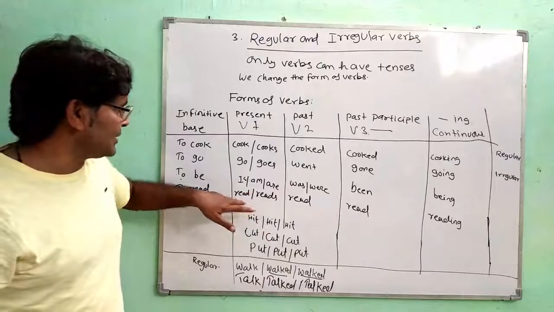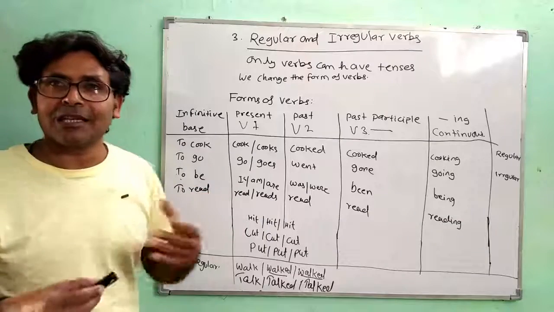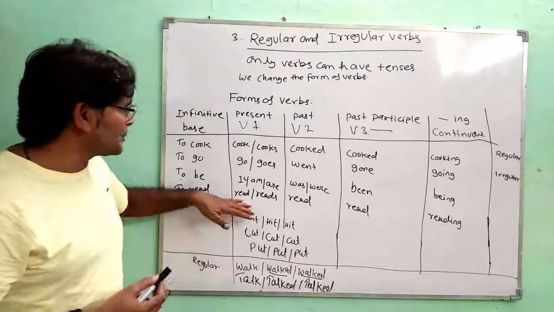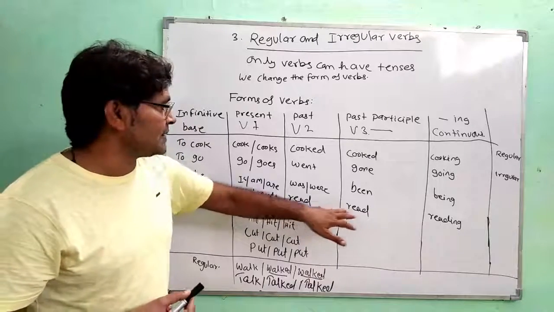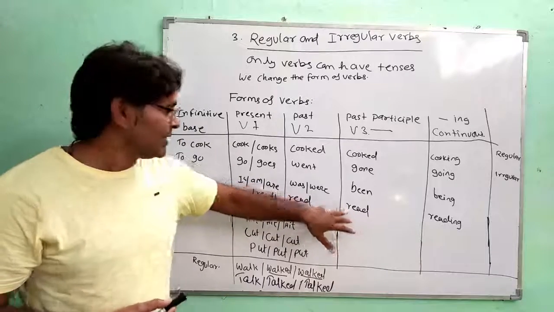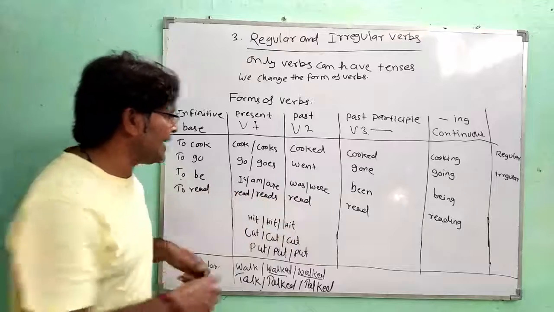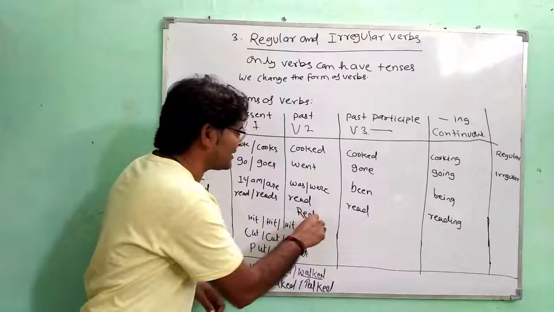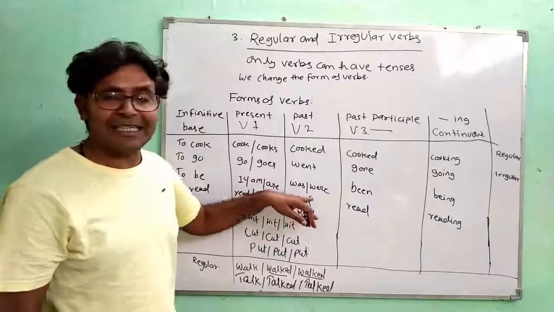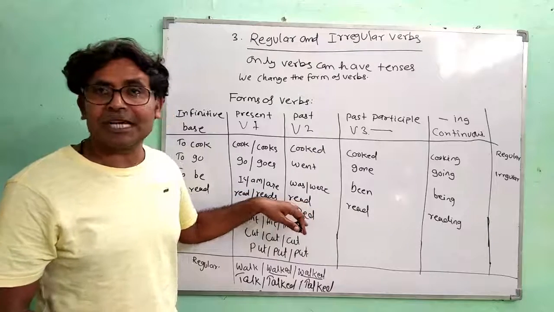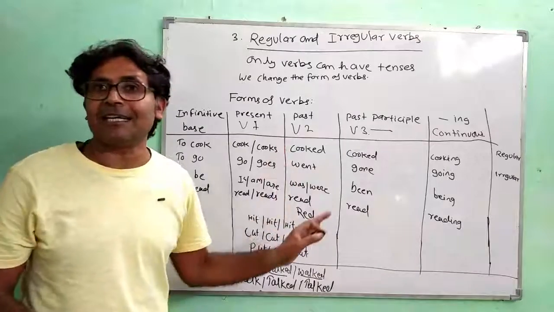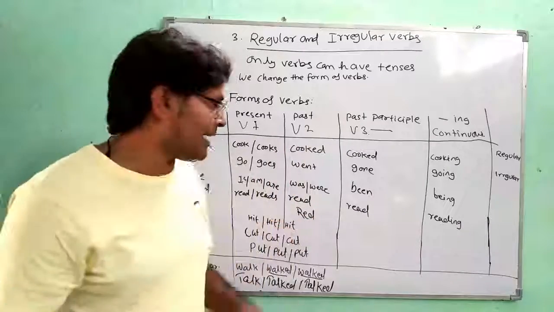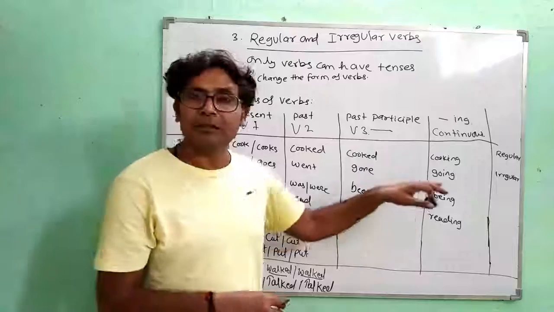Now, this verb is slightly different. The spelling is the same, but the pronunciation changes in both of the tenses. The past sounds like red, R-E-D, the color. But the spelling is R-E-A-D, read. We don't say it as "reed" in the past, because the past tense is pronounced red. The spelling is R-E-A-D, but the pronunciation is red, and in the past participle it is also red.